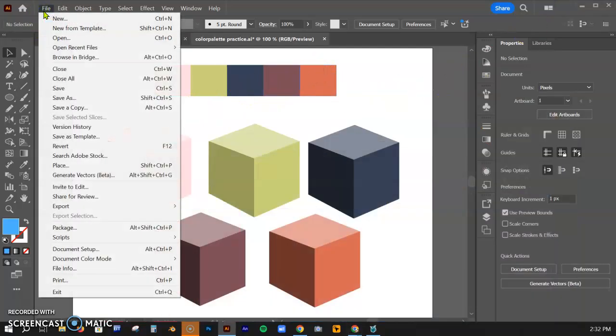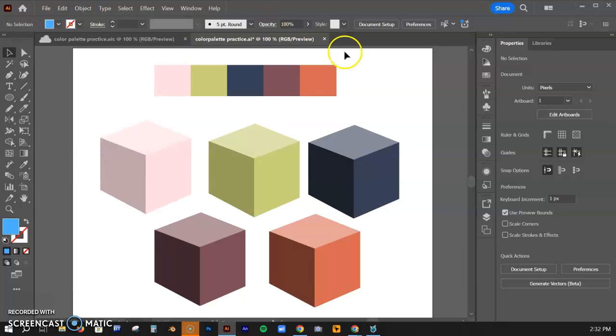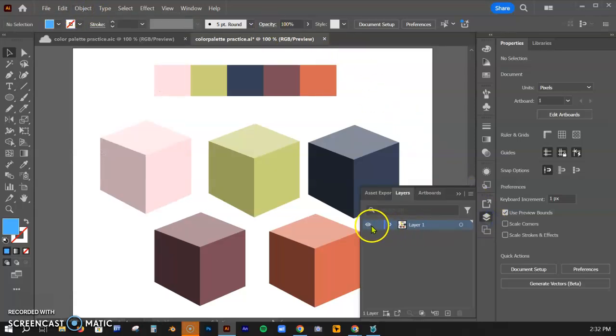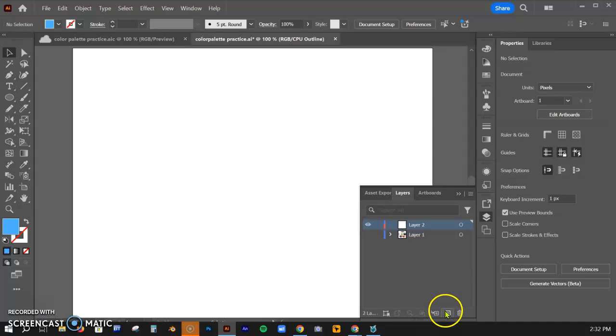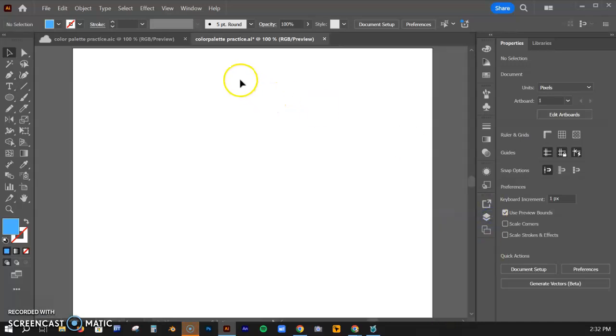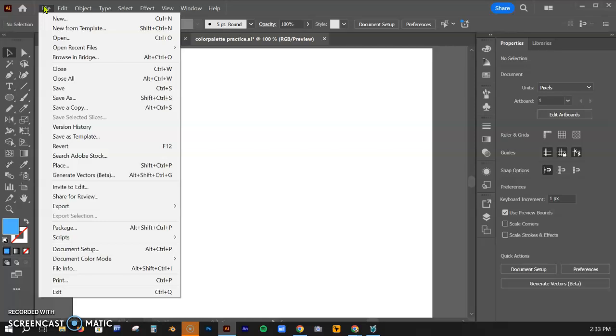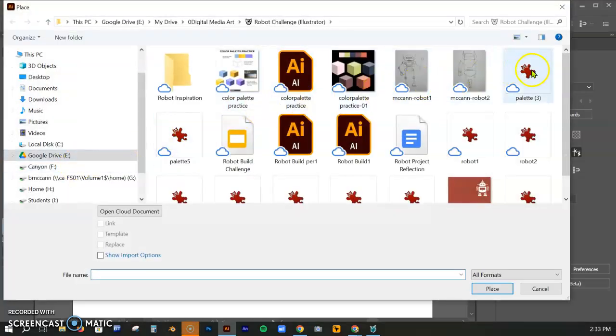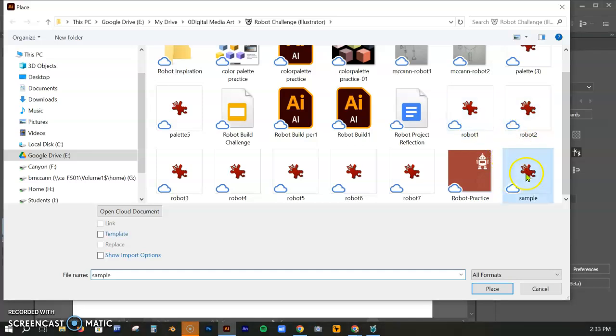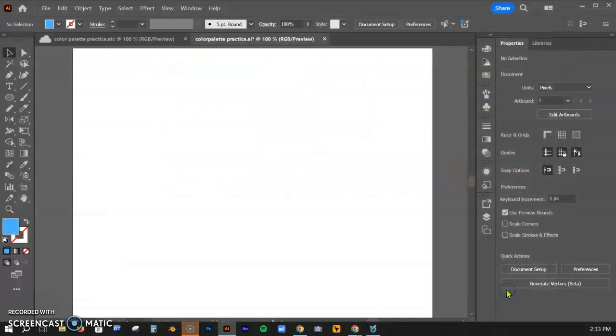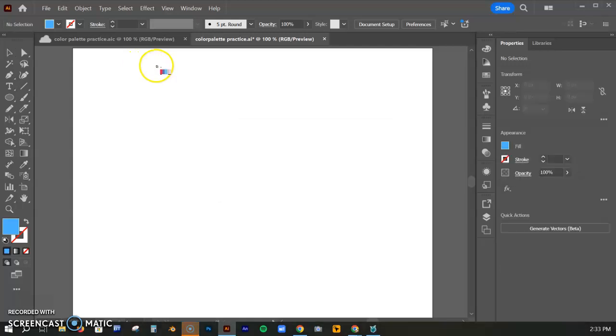So let's go ahead and, you know what, let's use the same one and just do a new layer on here. So let's hide this layer. We will do a fresh one right over top of this, and let's get going here. We're going to do a File and Place, and I'm going to go grab my sample palette. There it is. Place it, and as it loads up here, I'm going to pop it right into the top,